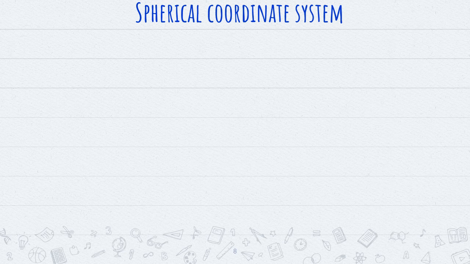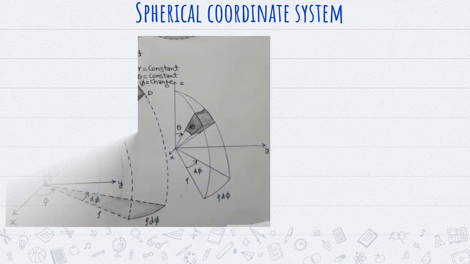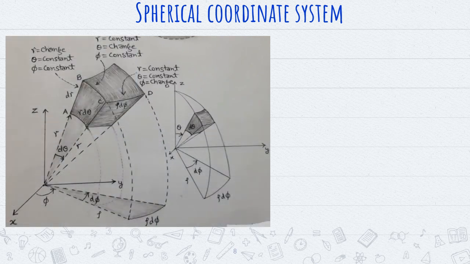Now in this slide, let me project one particular portion and discuss the different sides of the coordinate system. It is very simple to understand using this diagram. You see here the shaded portion, which consists of the points A, B, C, D. Now we will discuss the sides one by one. Let us consider the side AB.